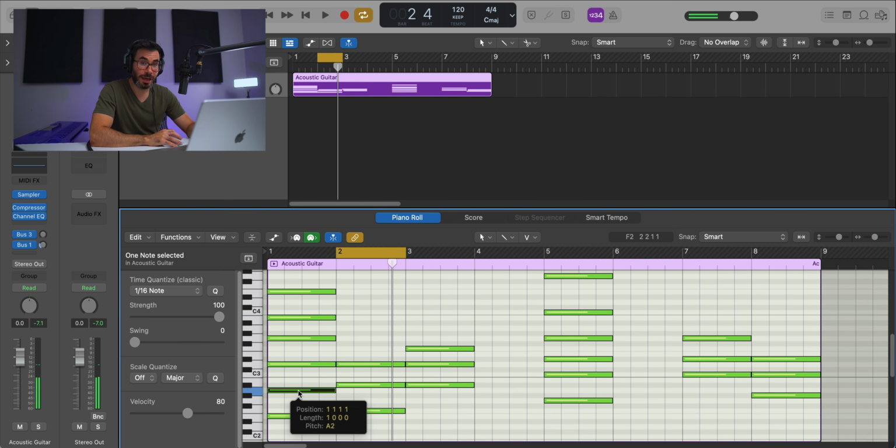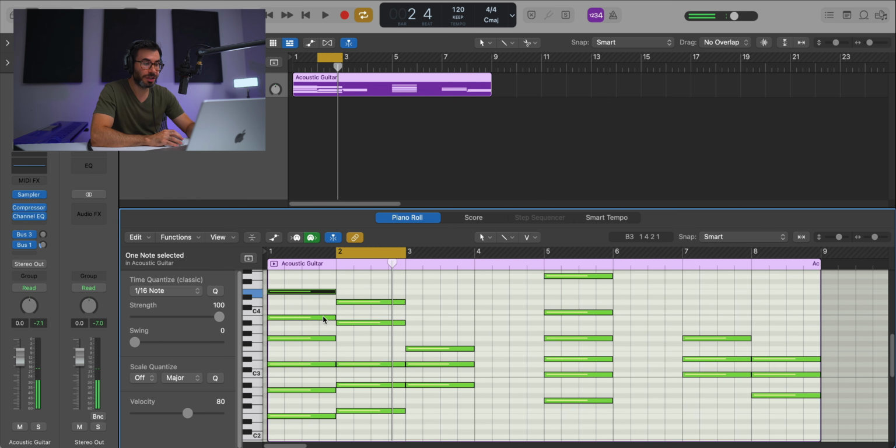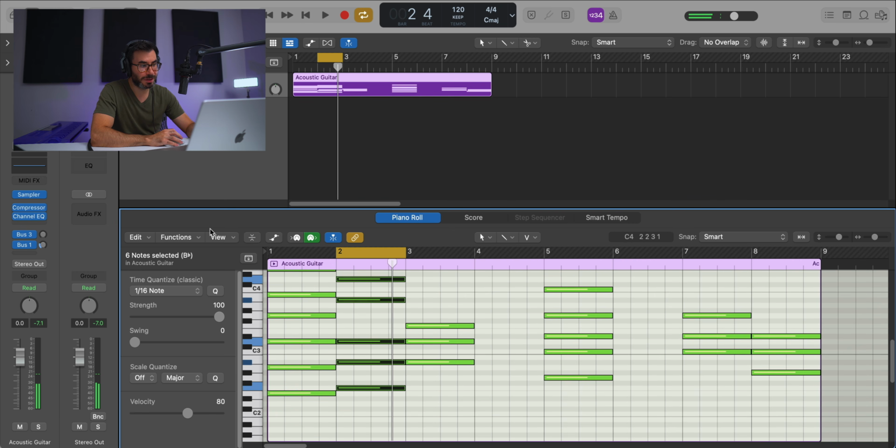Then we got our A, the closest note above it is A sharp. Then we have D, our D lines up, so that's good. And then we have our G over here. The next available note will be that A sharp. Then we have that B. The next available note above it is a D. And then our E, once again, our F. And there's our B flat major chord